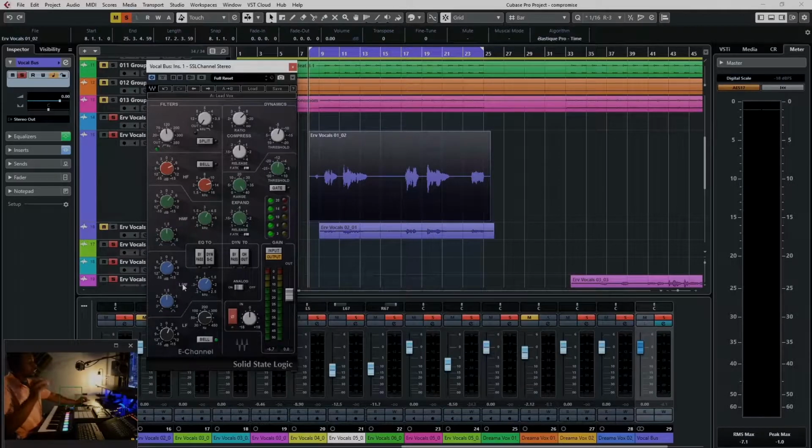But one thing you'll realize about different EQs, especially analog hardware, is that they have a different way to bring out certain sounds. So a bump like this probably wouldn't be good on the stock EQ, but you just have to learn your different VSTs and your different effects. So